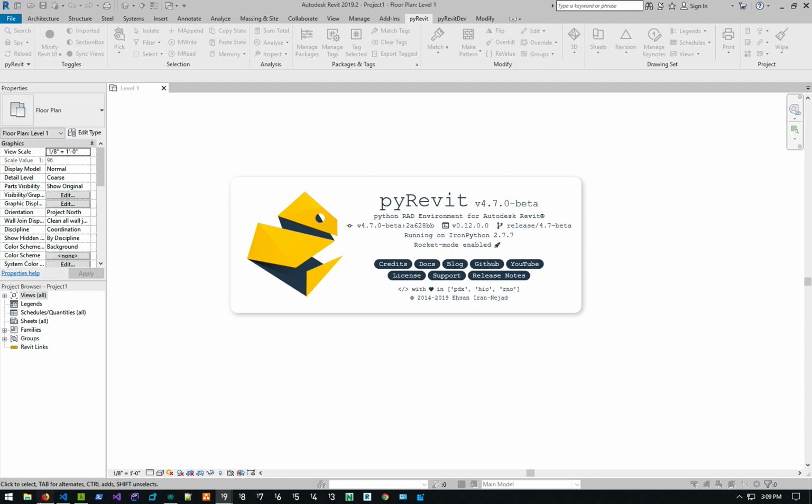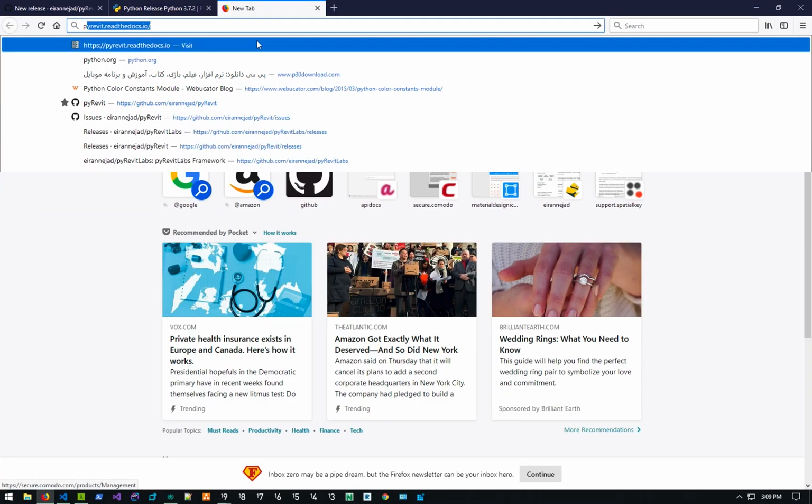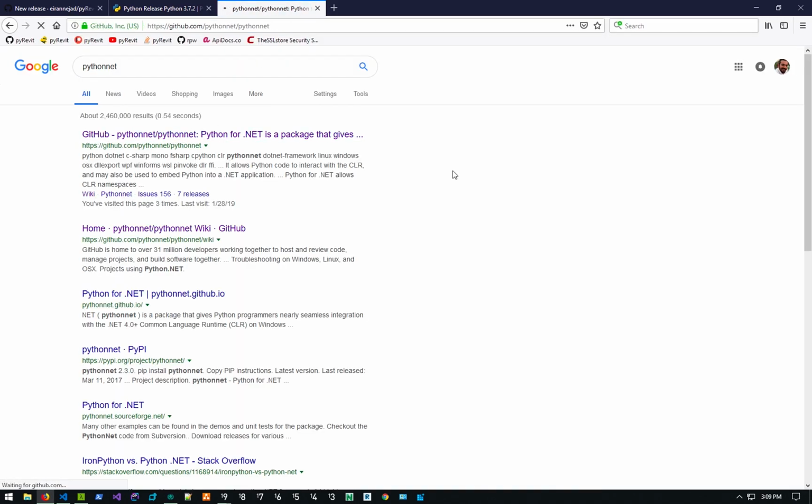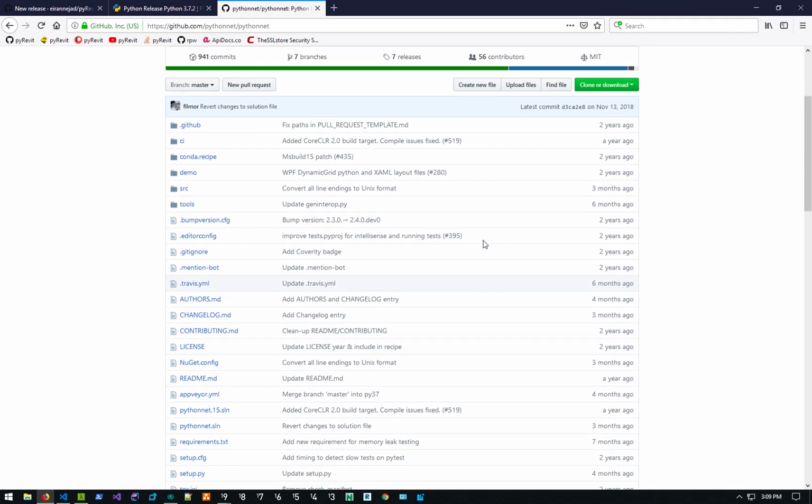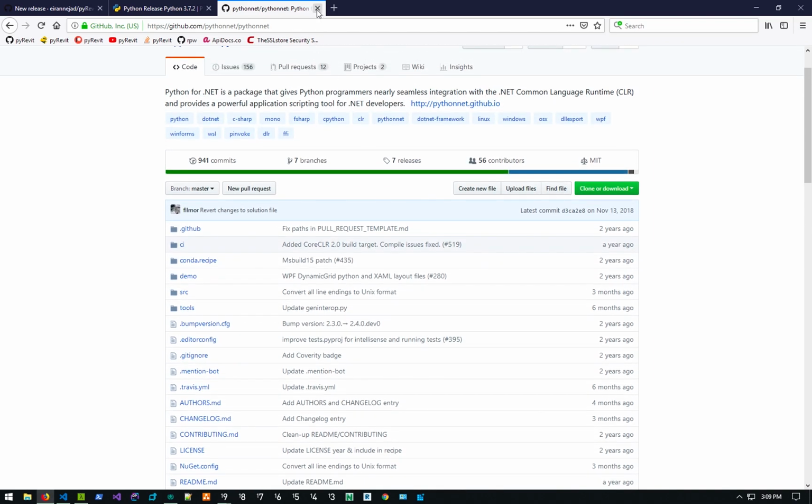With the introduction of a project that's called PythonNet, this is basically a module that you can install on CPython and access the .NET runtime information and libraries and stuff like that. So this brings the power of .NET Framework to the CPython environment. I've been thinking about incorporating this into Revit for a while, and